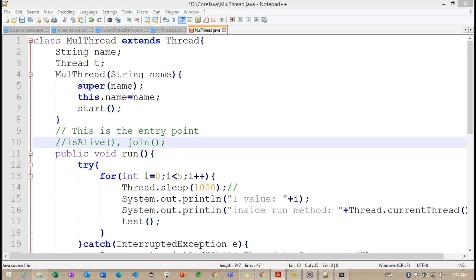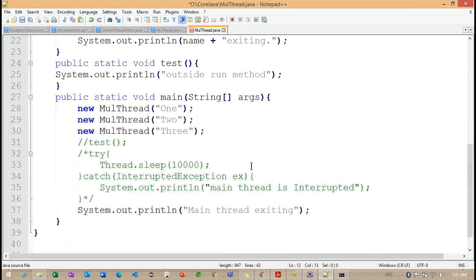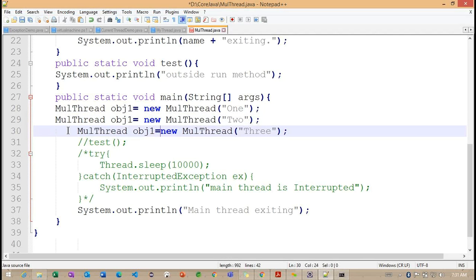Basically, we have three threads here. Based on these three thread objects, we are going to call the join method. Let's see: obj1, and I want to define obj2 and obj3.